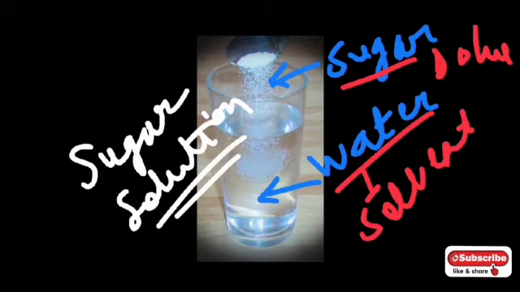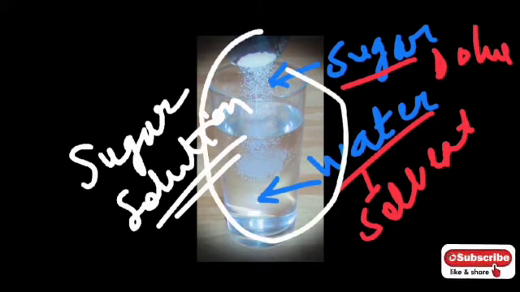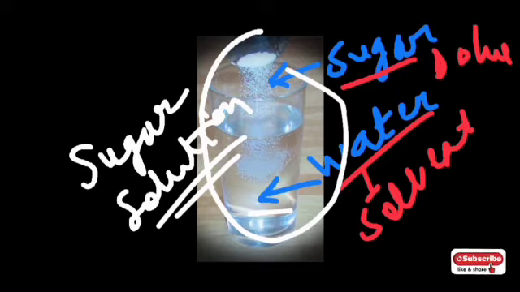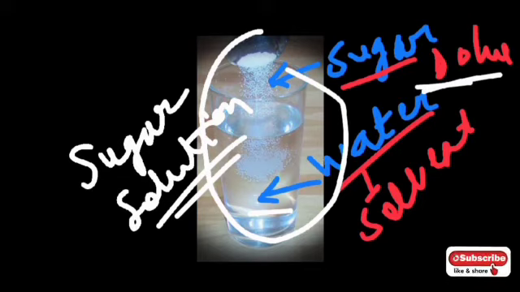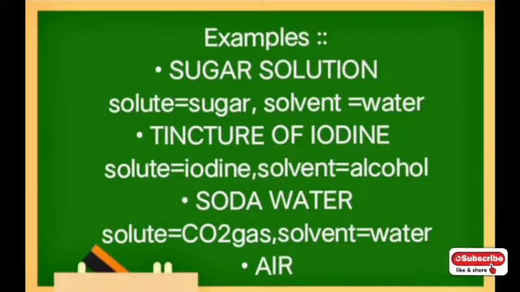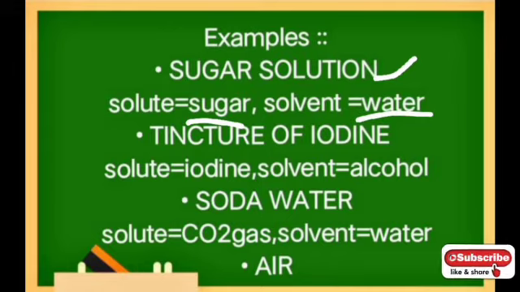So here you obtain a sugar solution when in a glass tumbler you take water and put in some amount of sugar. When it is completely mixed, you will not be able to see the sugar particles or any constituent particles with your naked eye. So you cannot see the constituent particles or solute with the naked eye in any type of solution. Some more examples: just now you saw the sugar solution, in which the solute was sugar and the solvent was water.